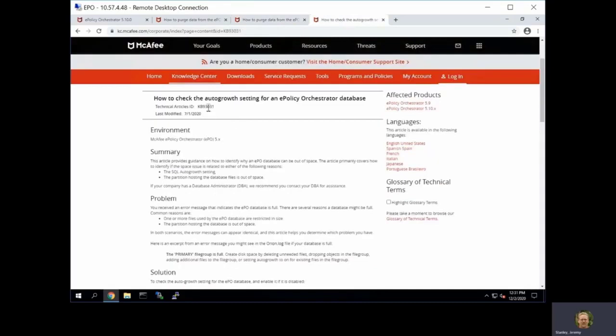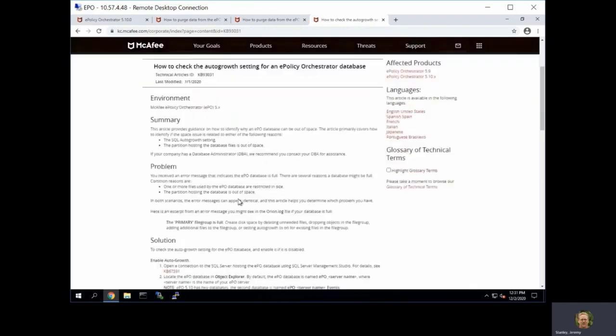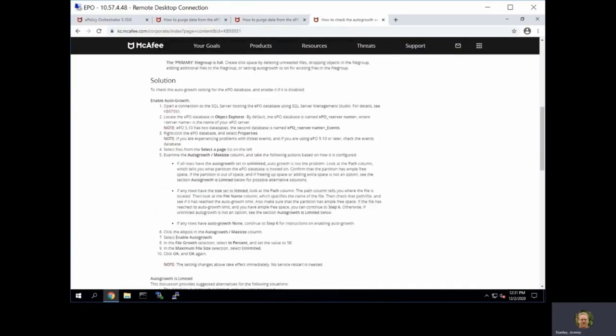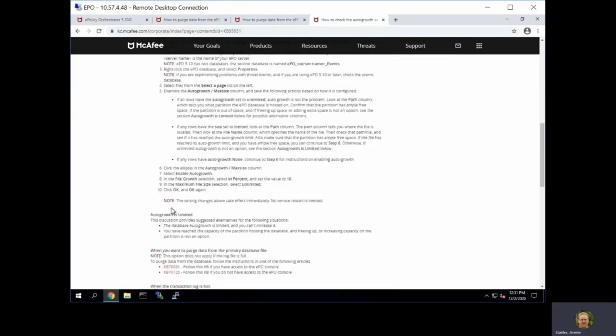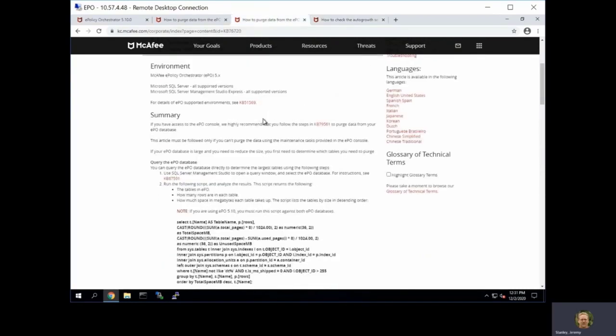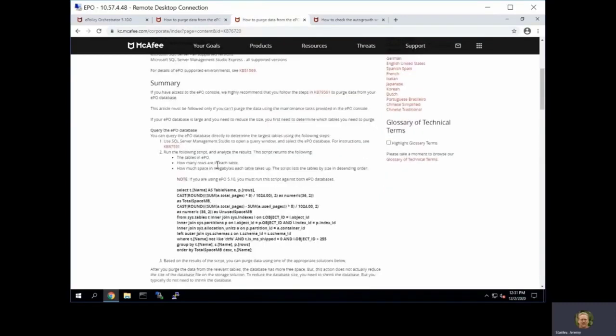Similarly, this knowledge base article, KB 93031, will show you how to check your SQL auto growth settings, your partitions, the partition hosting the database, and things like that. Now, these are all things that you can easily find, as I'm going to demonstrate to you in a moment, in the ePO console. But if you don't have access to the console, you can use this to figure those things out. I'm not going to demonstrate all of the